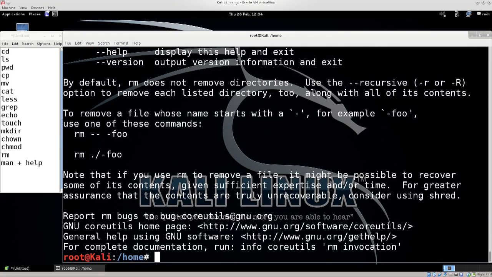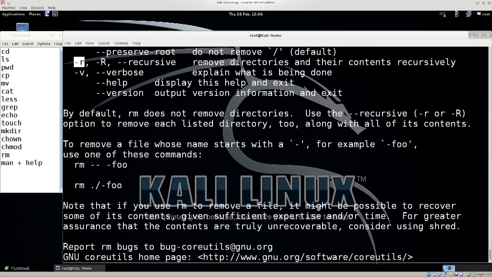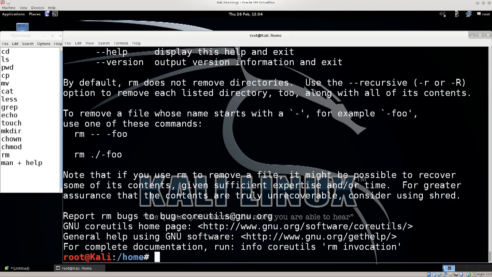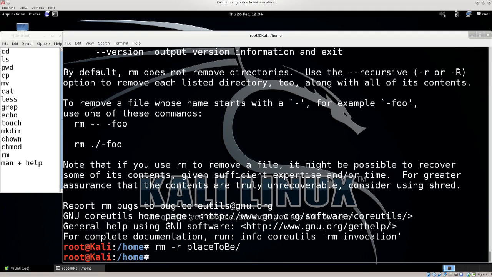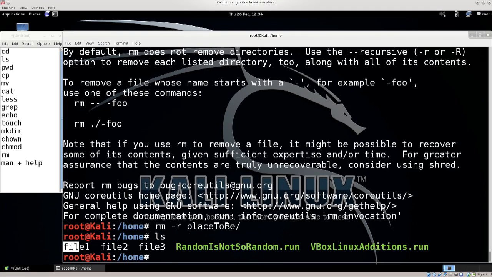So let's just go ahead and do that, because this will go into the folder and remove everything within the folder and the folder itself, hopefully. So let's just go ahead and type in rm -r place to be, press enter. There you go, it has deleted it, and there we go, it is no longer there. The -f that I have used is force. It will not ask you any questions. It will delete the folder or file, which can be also very dangerous. When you're using rm, you always want to be asked questions. In any case,